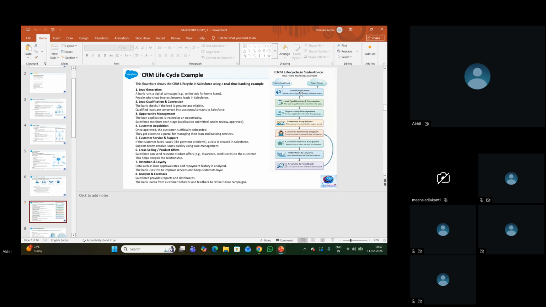A lead is someone who has just shown interest, but a customer is someone who is part of our business. He will be converted into a customer. When we convert that into a customer, we'll have three data records for that lead.